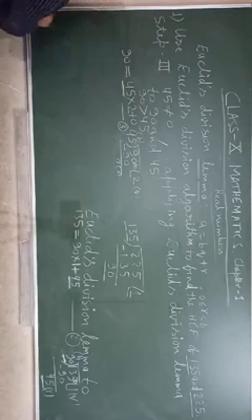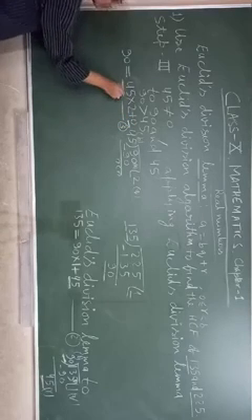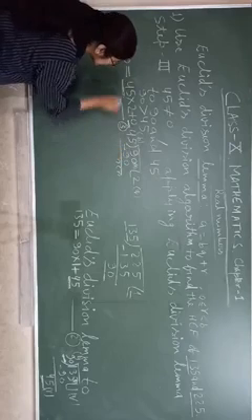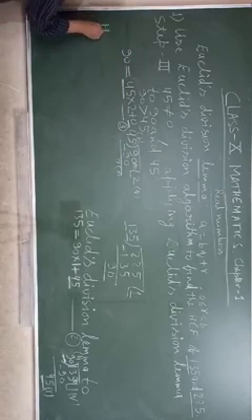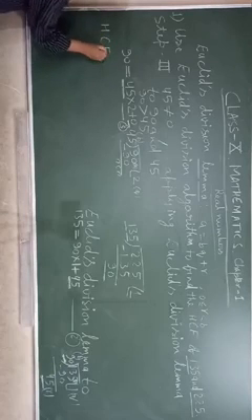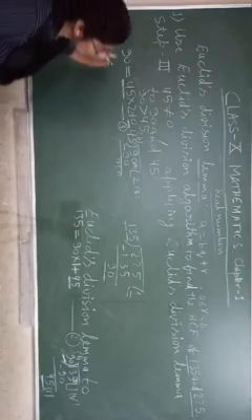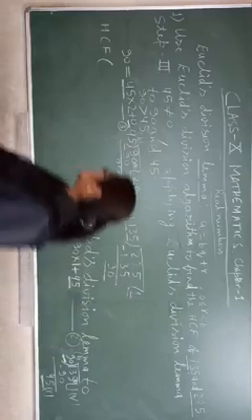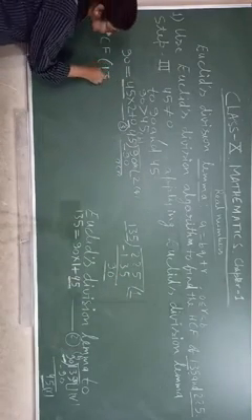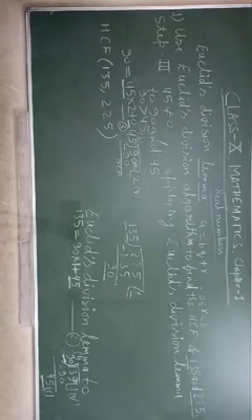So how will we write? The remainder is coming 0 when we divide by 45. That's why 45 is the HCF. You know, HCF means highest common factor. So you will write: the highest common factor of 135 and 225. These are the two numbers, and we have to find the HCF of them.